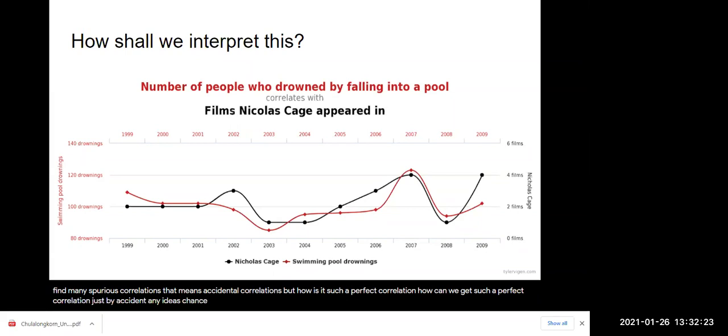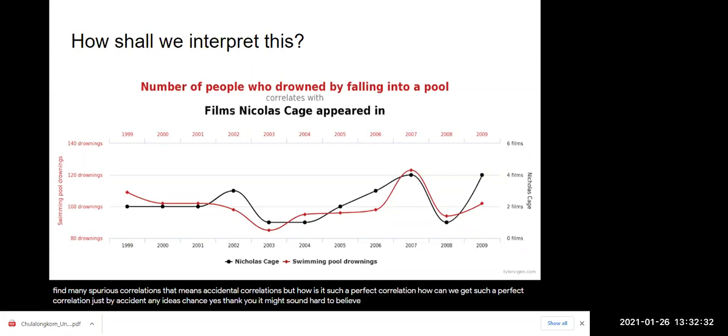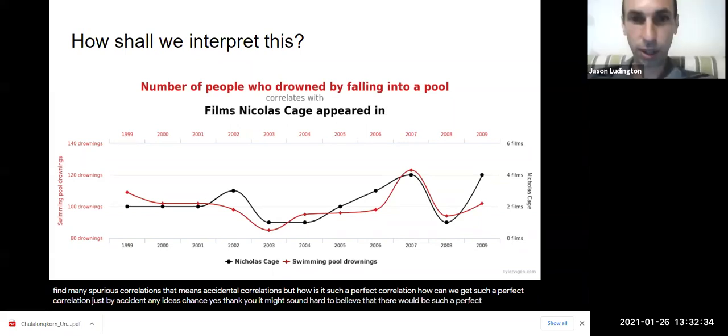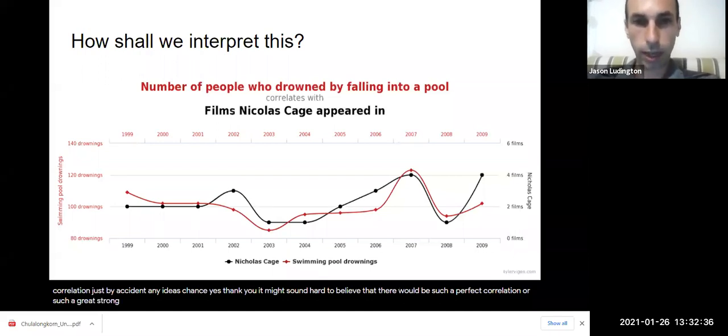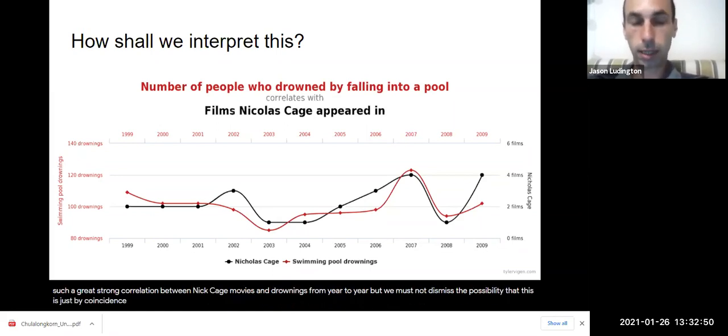Chance? Yes, thank you. It might sound hard to believe that there would be such a strong correlation between Nick Cage movies and drownings from year to year. But we must not dismiss the possibility that this is just by coincidence. And further supporting